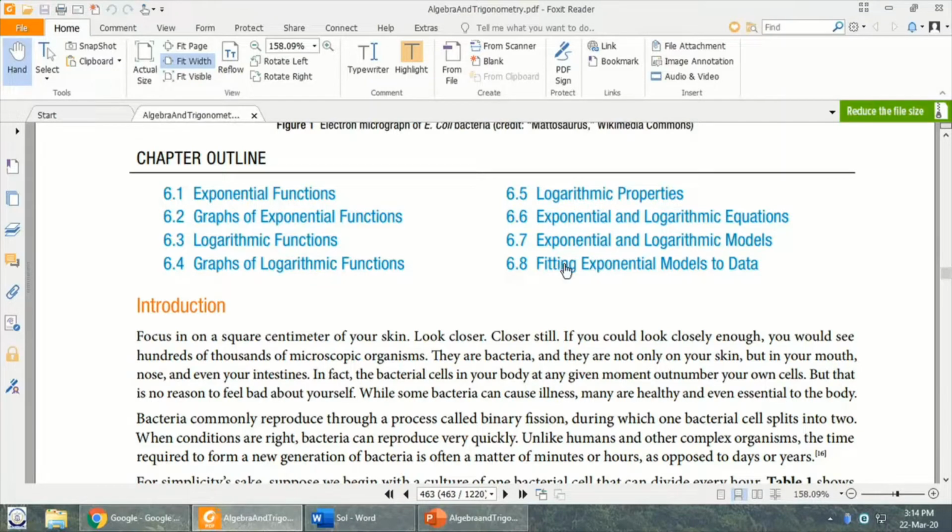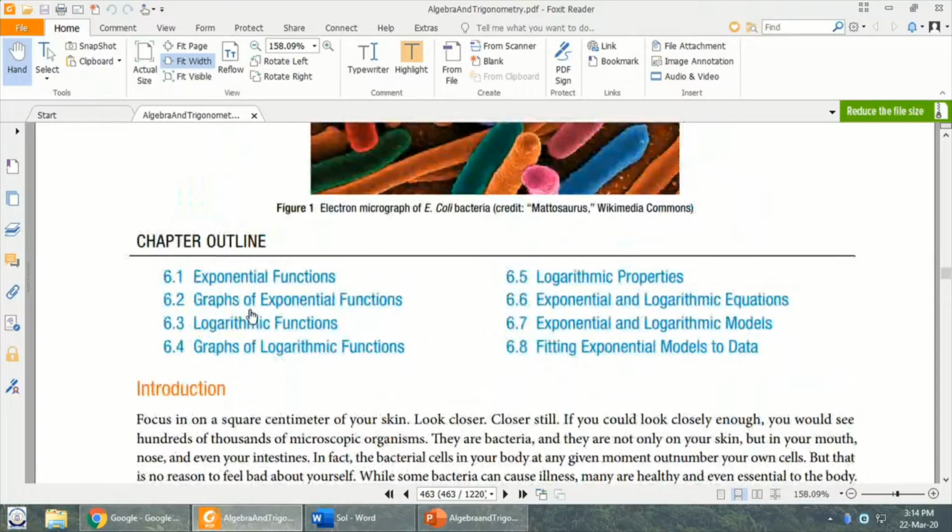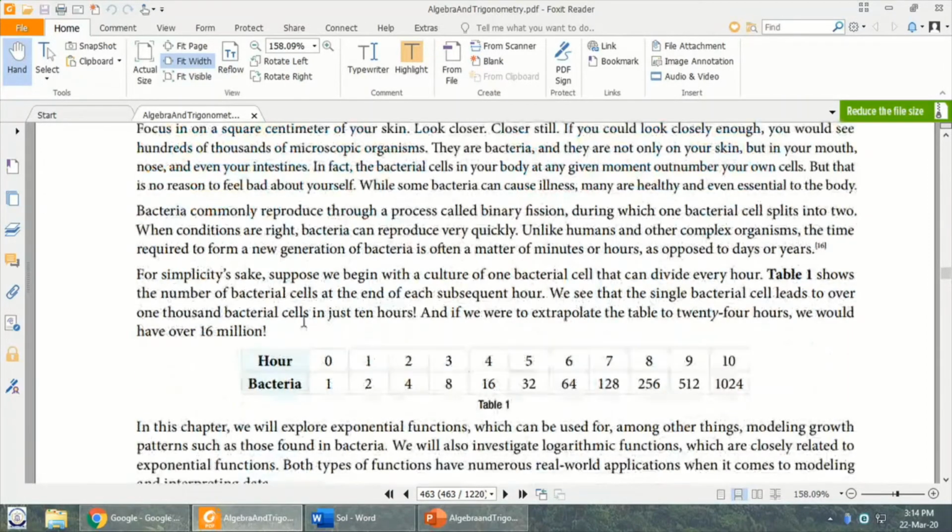So I'll give you an example here of a bacteria. See, we have the chapter outline. We're going to be doing the logarithm in the next lecture, because I'll be breaking these topics down lecture-wise. You can see that for simplicity is just to have something a very basic idea. Let's just say that there's an hourly rate for which bacteria is growing. We know that bacteria can multiply